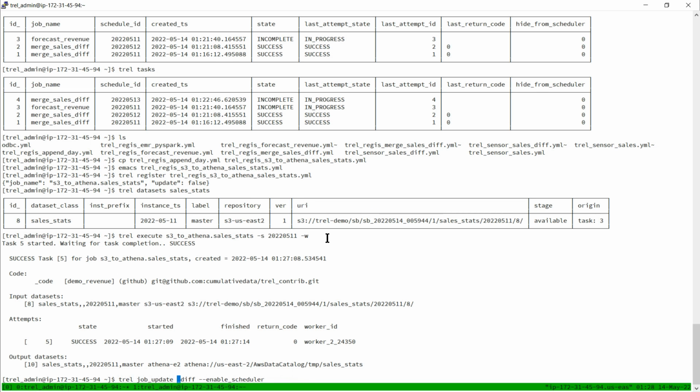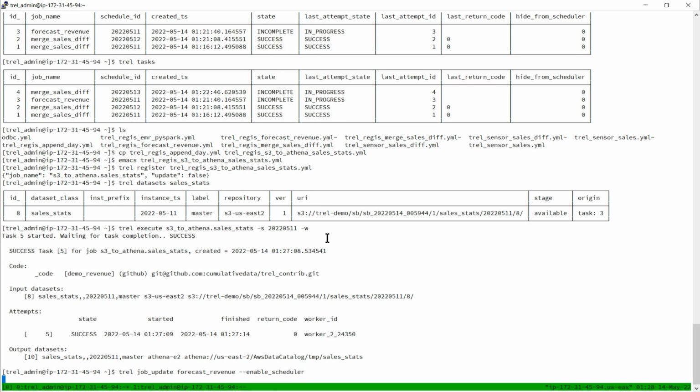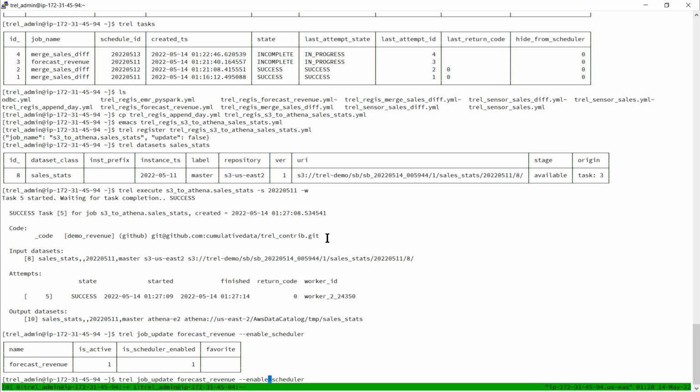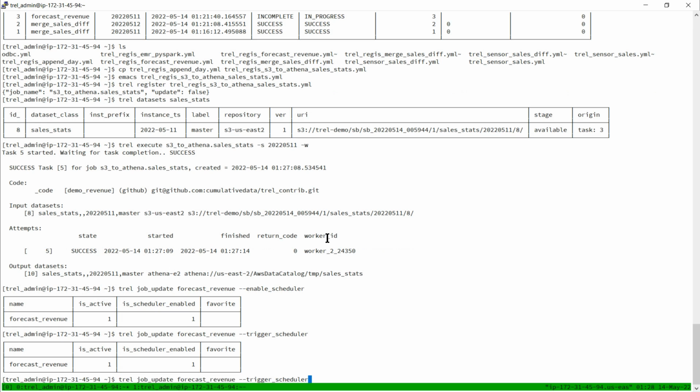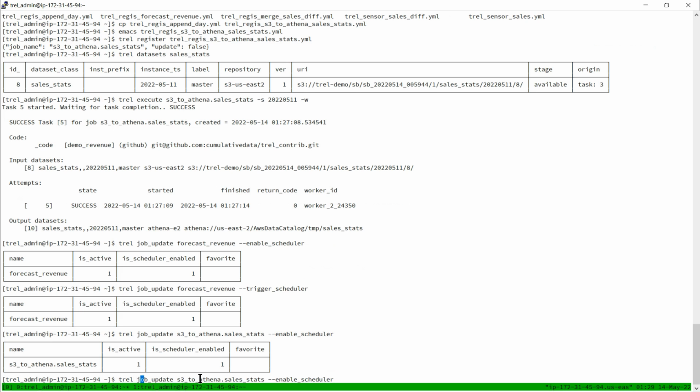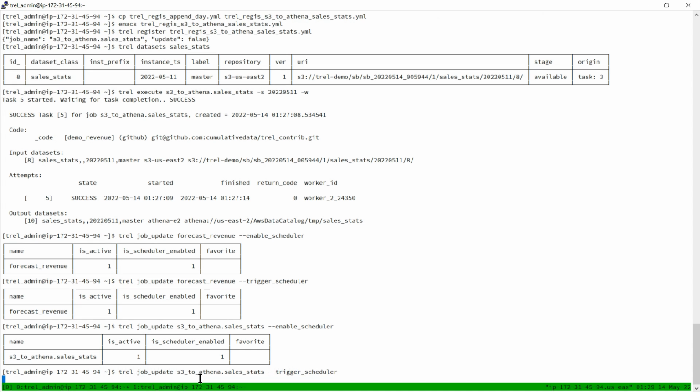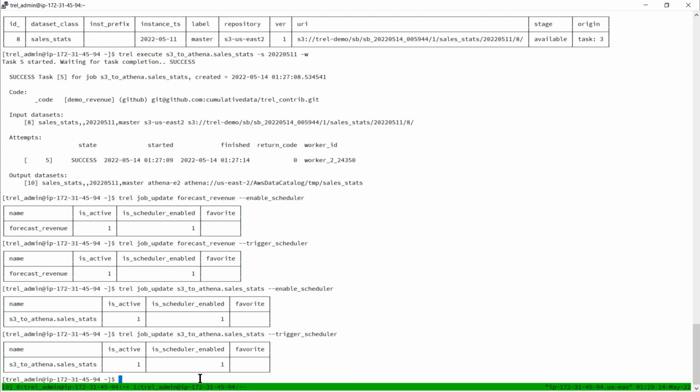So we should do this for forecast revenue, as well as trigger this as well. And we should do the same for